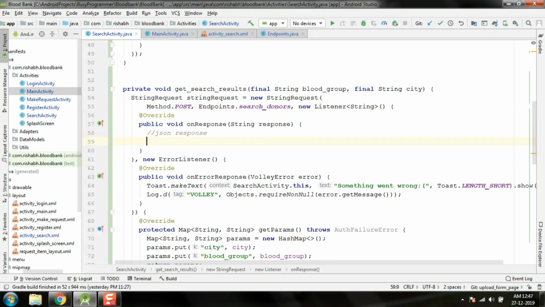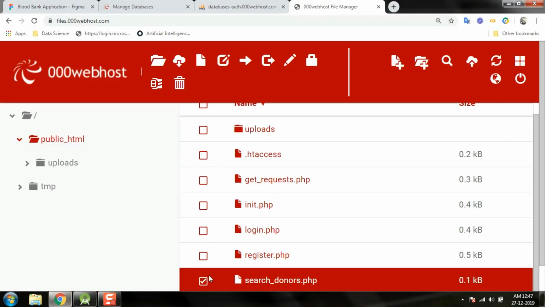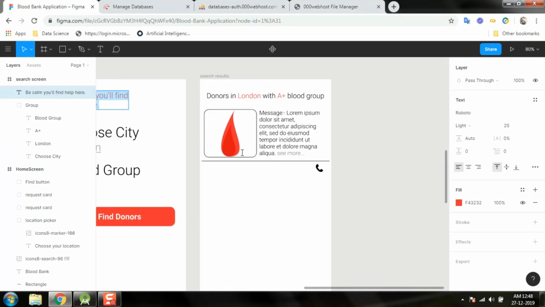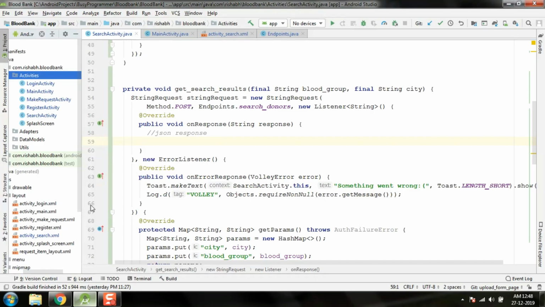So here we will be getting a JSON response. Now we will have to create another new activity, this one, to actually display it. So I'm just going to make a new activity